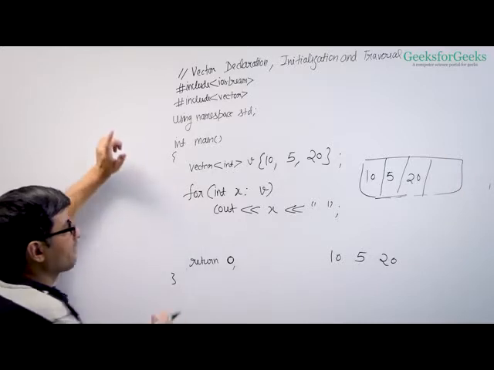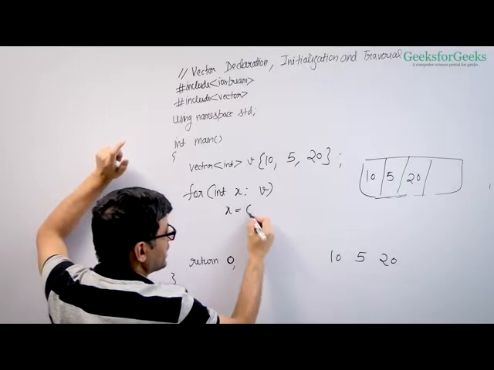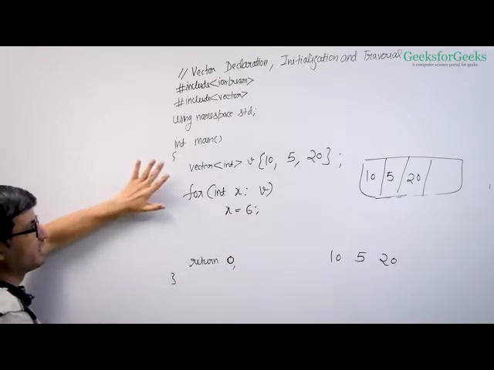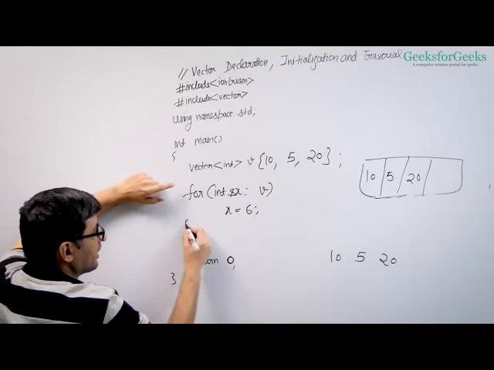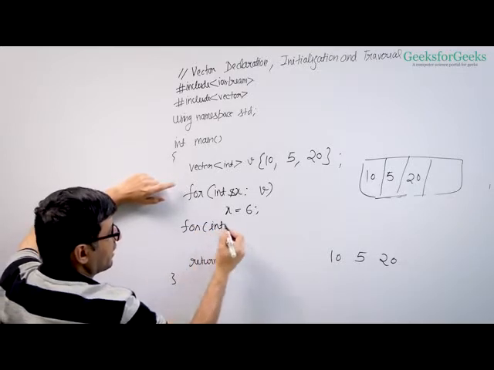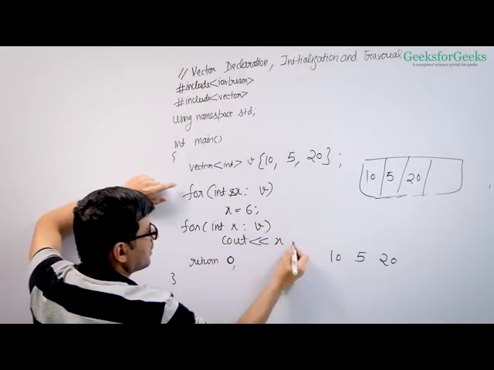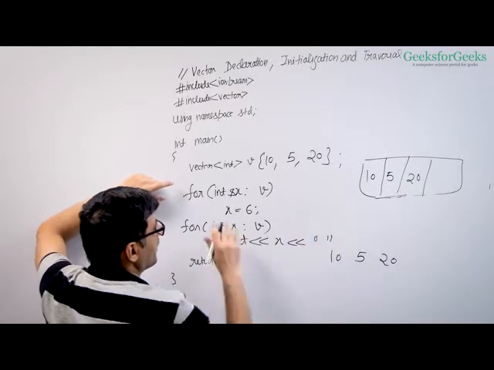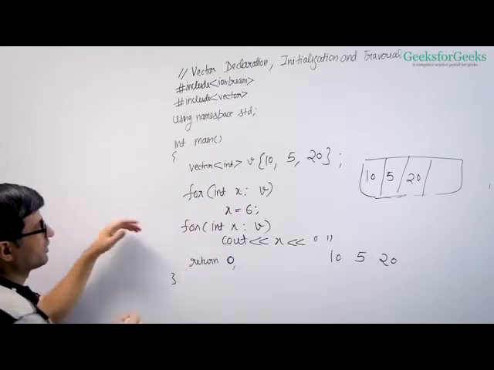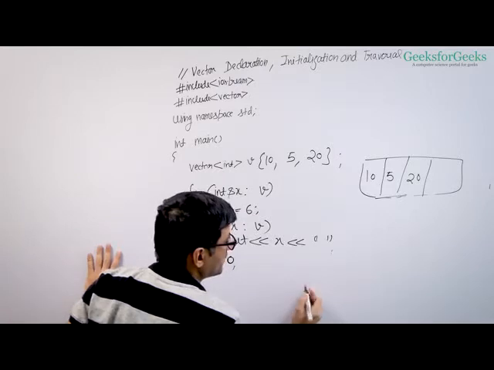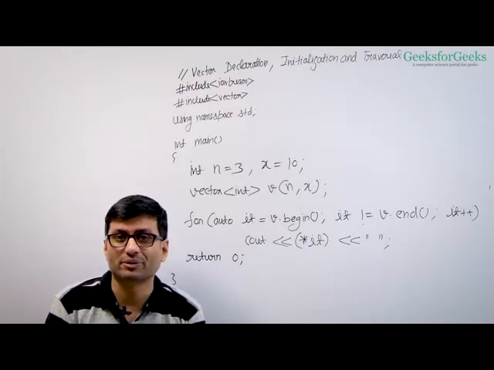One thing to remember, if I want to change the vector elements, say I want to do x equal to 6, it would not change the vector elements. So what I need to do is use a reference here if I want to change. After this, if I run a loop and print the vector again, this will print 6, 6, 6, right? This is changed. But if I remove this ampersand, this would not change anything because this is just a copy of the vector elements. So if we use a reference, then the output becomes 6, 6, 6.